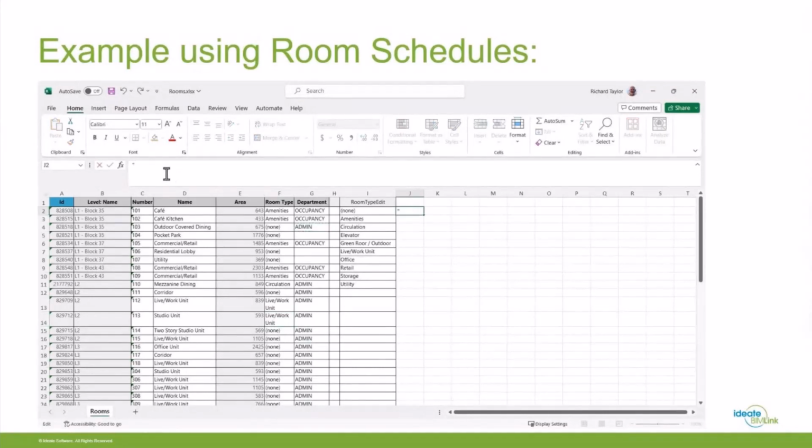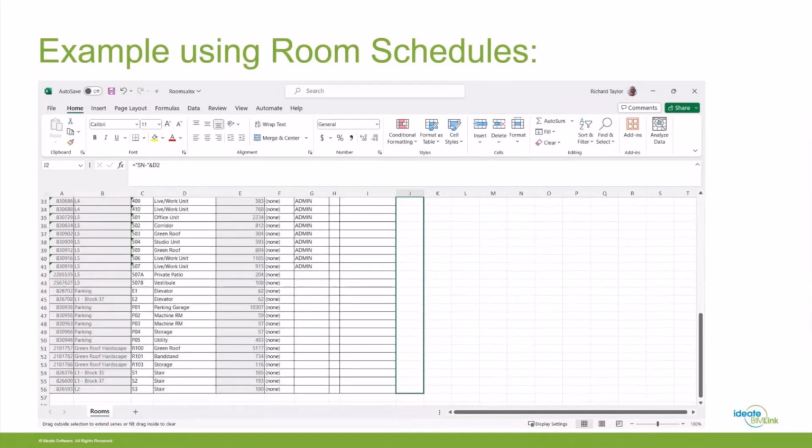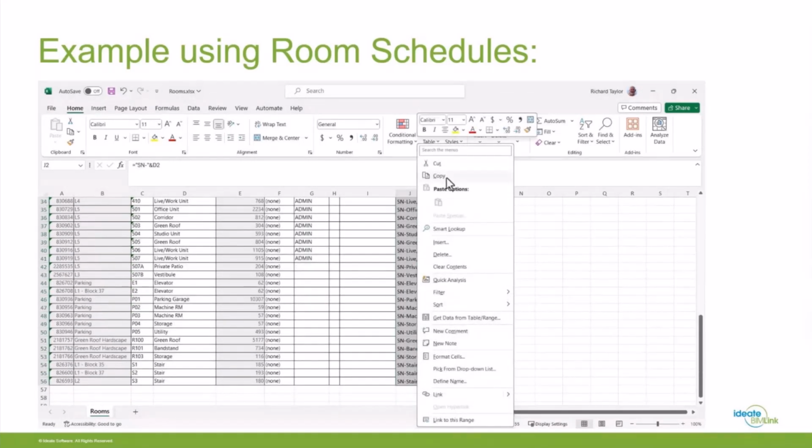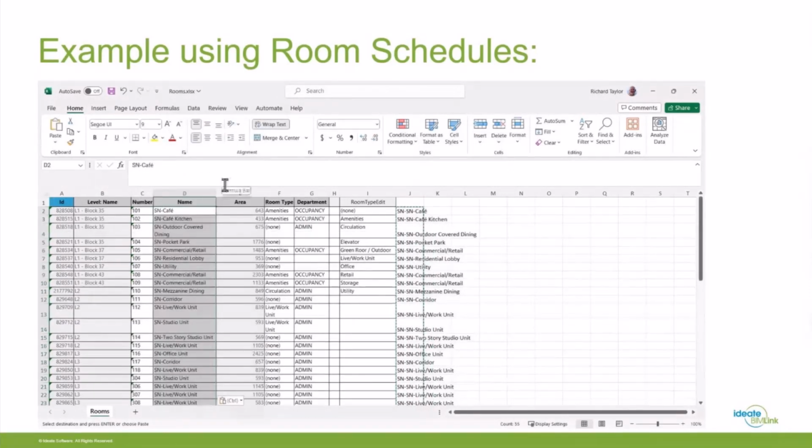And so again, I'm going to actually select a very simple formula. So I'm just going to add, instead of the word Snowden, I'm going to add SN in front of these room names. And I see that I made an error because the formula has to start with the equal sign. So I'm going to go back and modify that. And now I can select on the information there in column J, use that as that scratch pad, and I'm going to copy the information and paste it over to the value there, which is the room name itself. So now I'm basically putting a prefix in front of every single room to be SN.